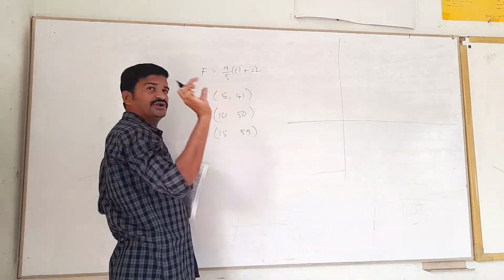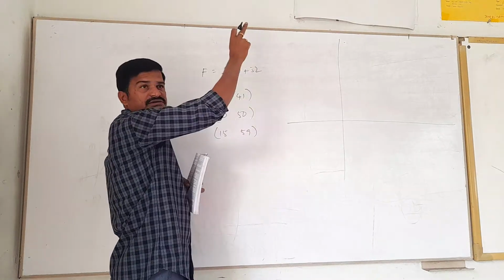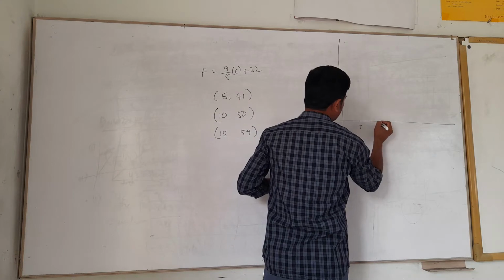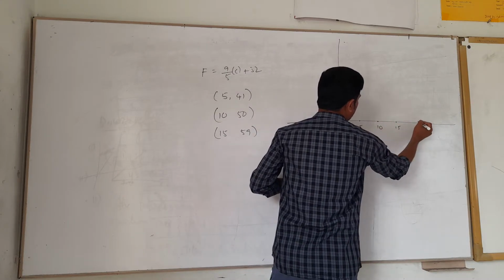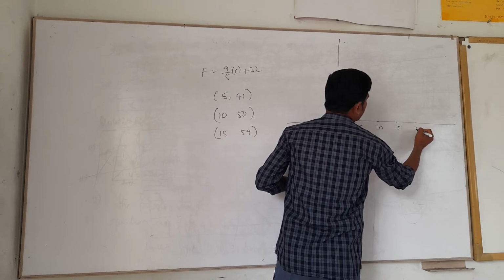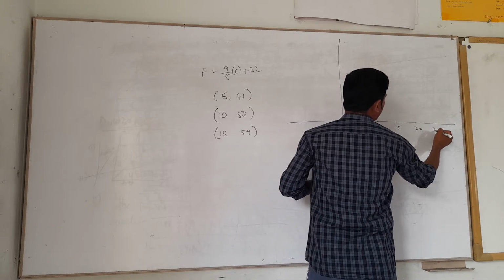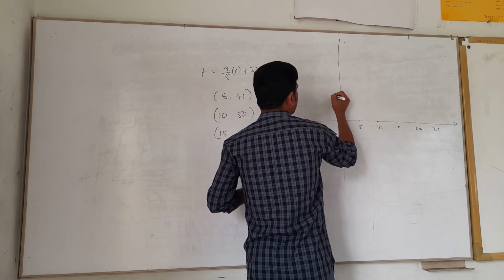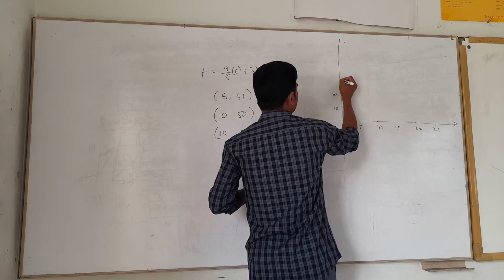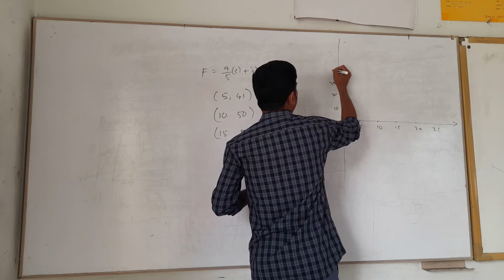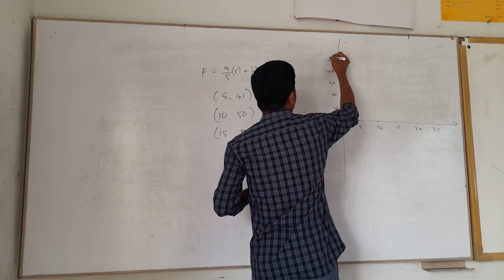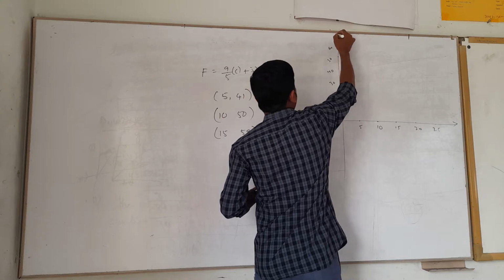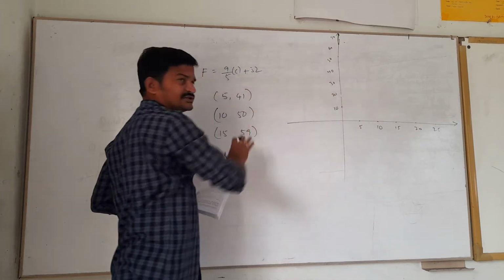So on the x-axis you can take 5 units, on the y-axis 10 units. Let us go roughly. This is 5, this is 10, this is 15, this is 20, this is 25. Something like that. Here I am taking 10 units: 10, 20, 30, 40, 50, 60, something like that, 70. Anyhow, positive values only, right?